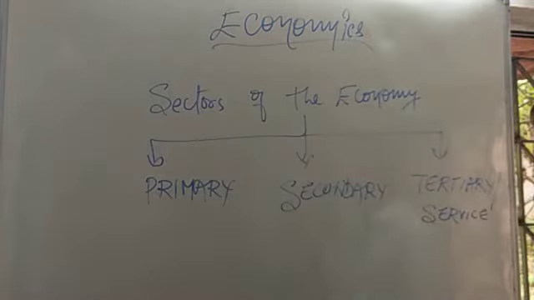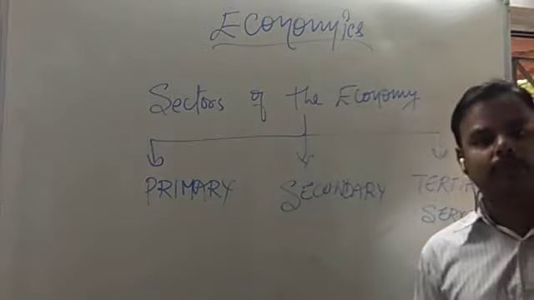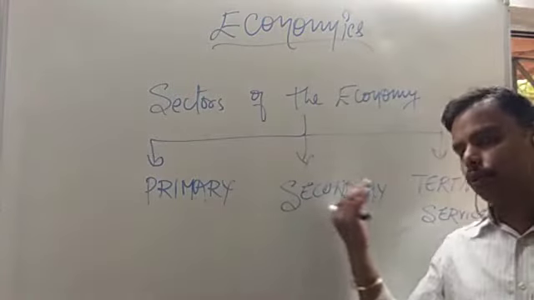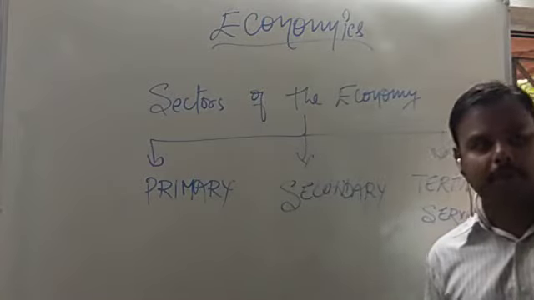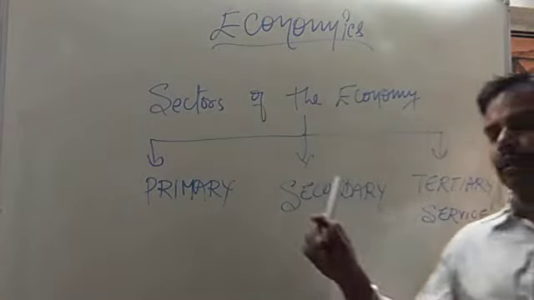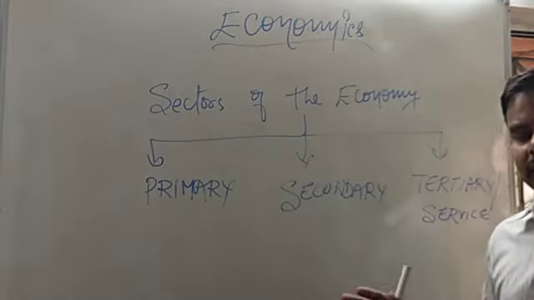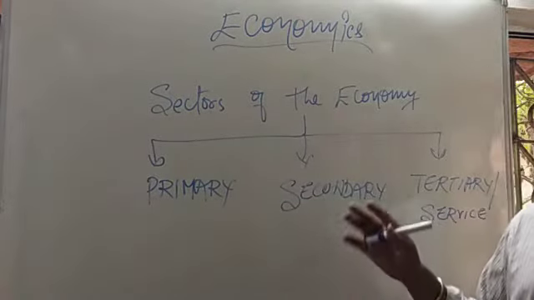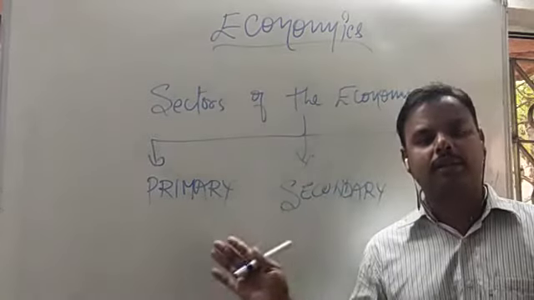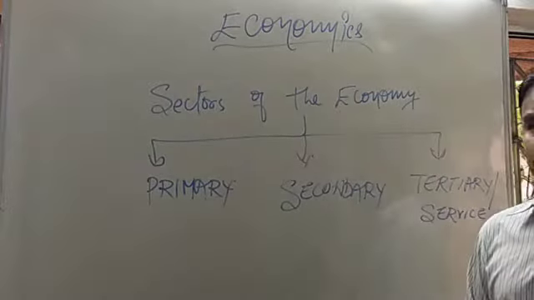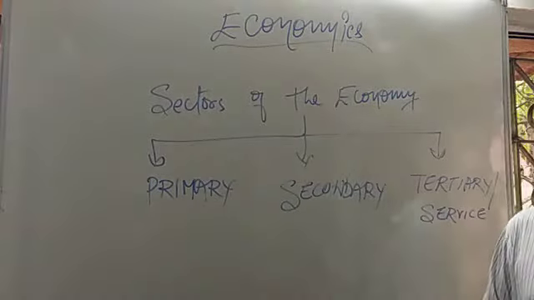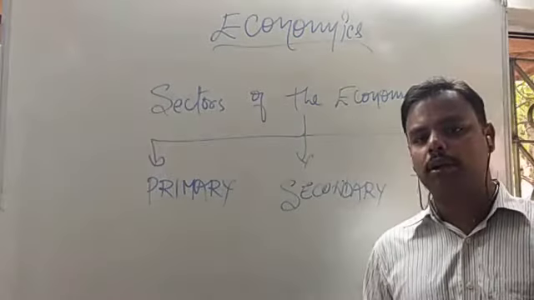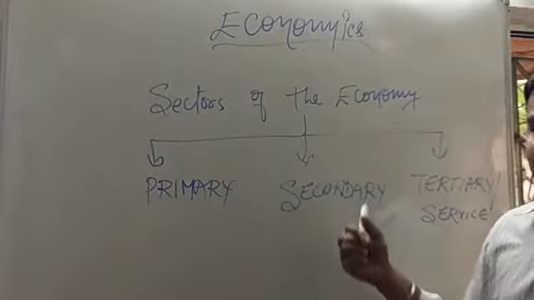Secondary sector is concerned with value addition. It actually adds value to primary sector's product. Whatever is being produced by the primary sector, the values of those goods are added up in the secondary sector. For example, sugar cane is produced by the primary sector. Since primary sector is concerned with production only, it produces the sugar cane. After the self-consumption, after the domestic consumptions are over, whatever is left is supplied to secondary sector.